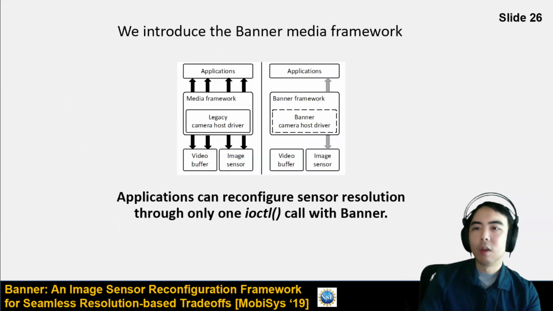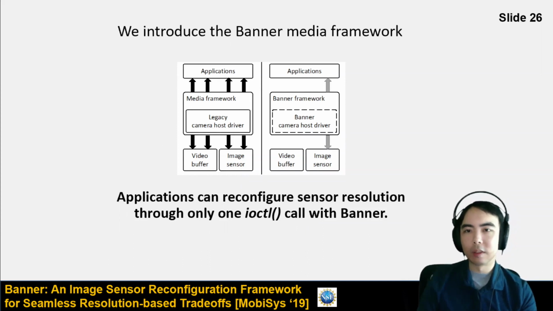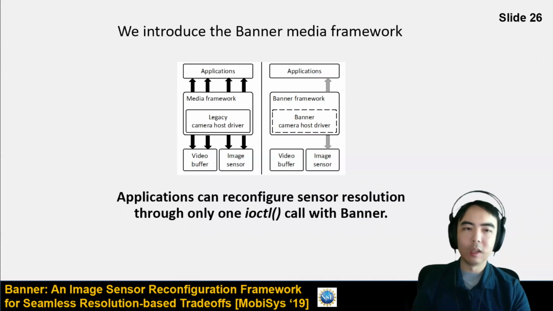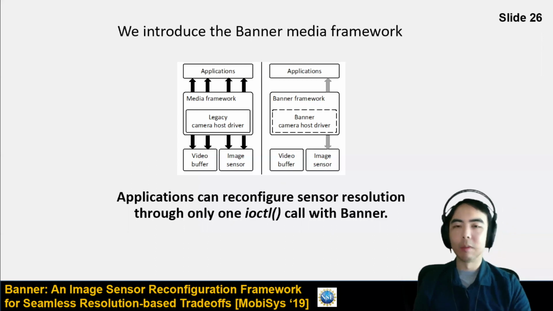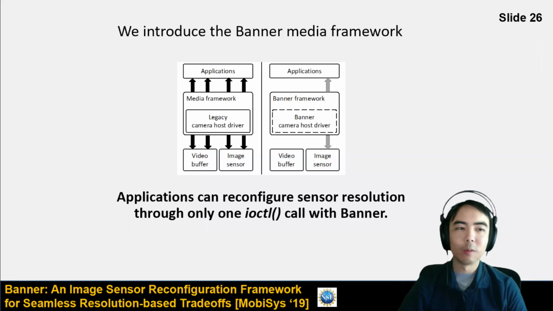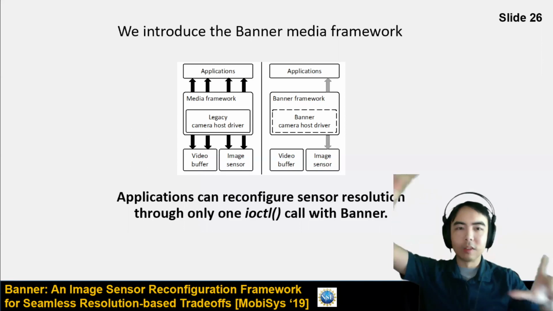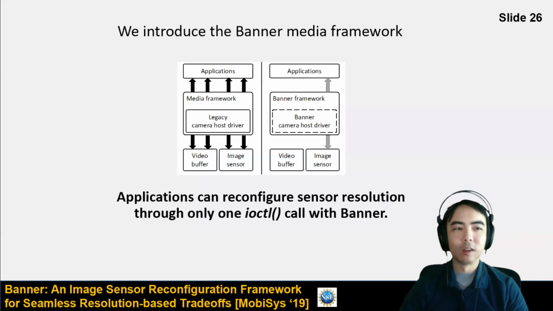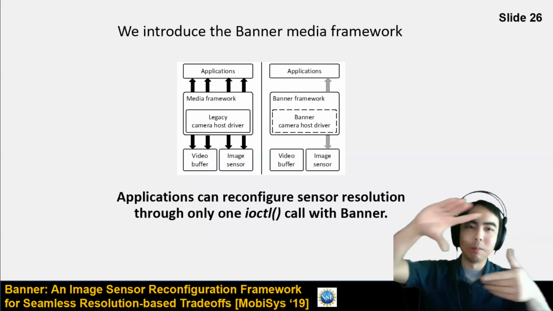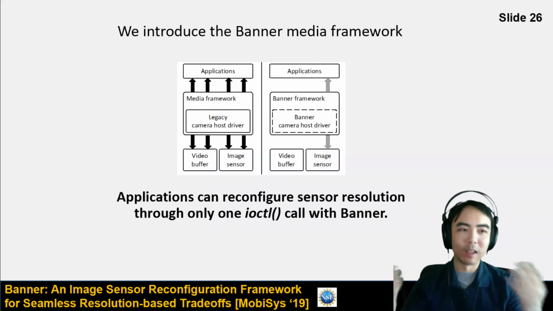So to do that, we introduce a different framework, which we call Banner. It's the Banner Media Framework. This name Banner, we came up with my grad student Jinhan and Saranya. We were working on this, and we were thinking about what a nice seamless kind of stream of frames might look like, and we said, okay, a seamless string is Banner. And then we also said, well, this can also be a play on changing from big to small, like Bruce Banner from the Avengers. So we had this pun going about Banner. And so in our paper, we said it's because of this seamlessness, but secretly we're like, it's actually because of the Hulk and Banner transformations.